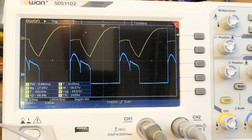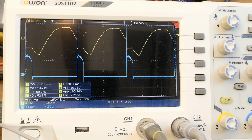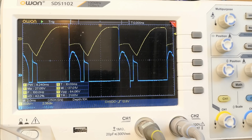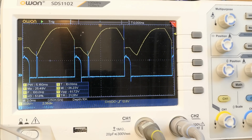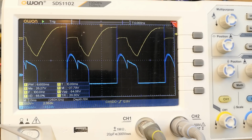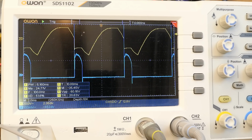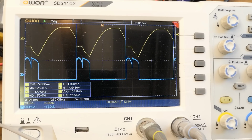Higher voltage at the output, lower voltage at the output, higher voltage at the output, lower voltage at the output. And turning the current limit down has a similar effect. And the fine adjustment potentiometer